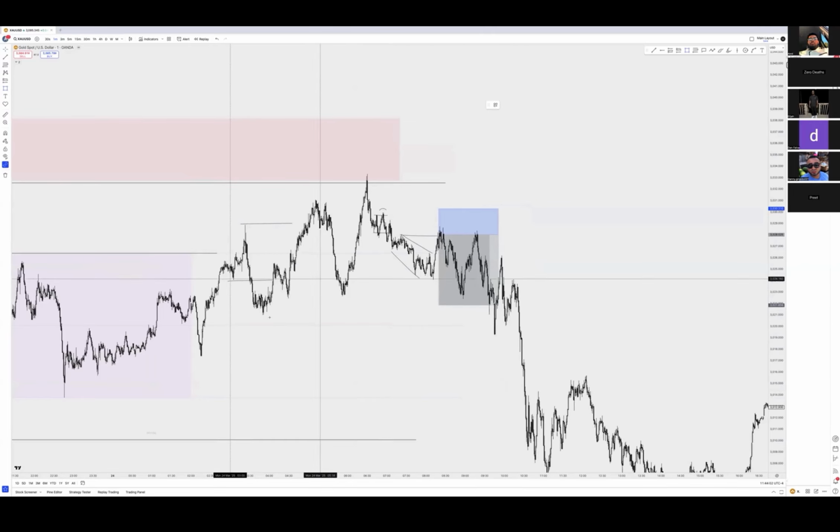Let me mark it out. This whole area right here is the trap. Okay. So if you weren't too confident in taking it from here, because you think it can go higher or whatever, you can just wait out and wait for more PA to play out per se. So there you go. You got your liquidity block over here as well.